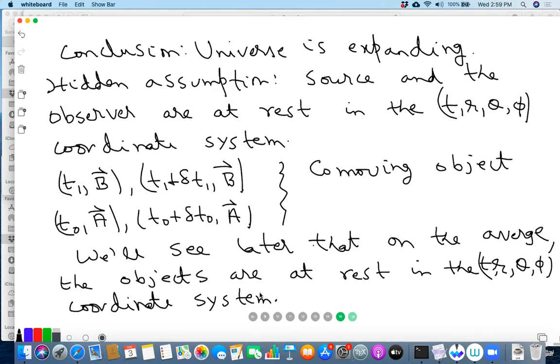Right now we are not saying anything about t being large or not. t is just a coordinate system, and in this coordinate system the objects remain at rest. Those are the co-moving objects. When you're talking about large or small, you have to talk about differences. Of course, in cosmology we'll talk about time differences which are large, but the time coordinate doesn't refer to that. It is just this coordinate system.